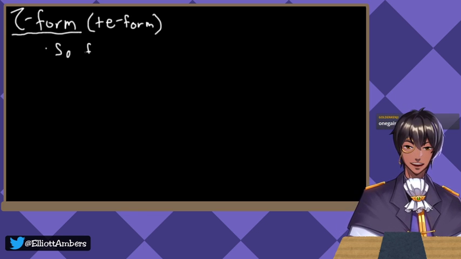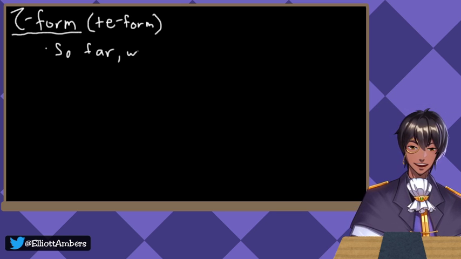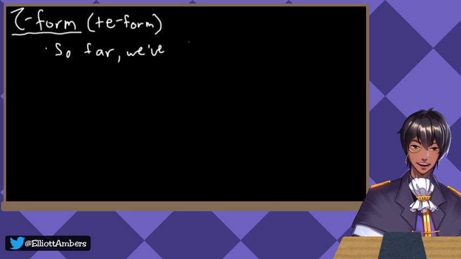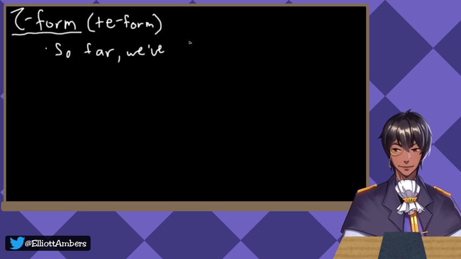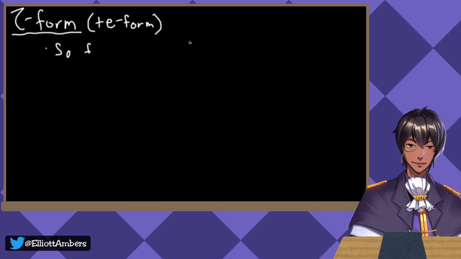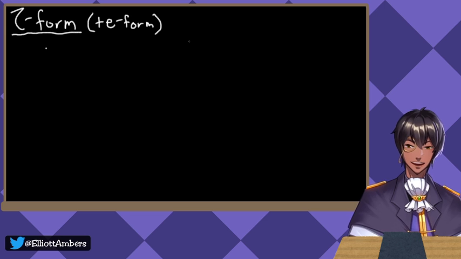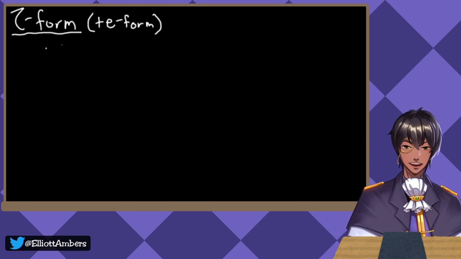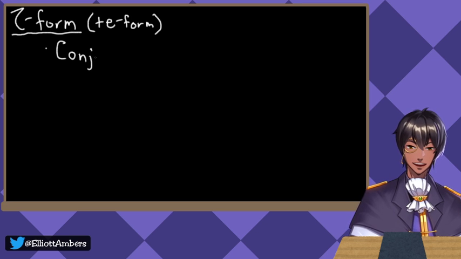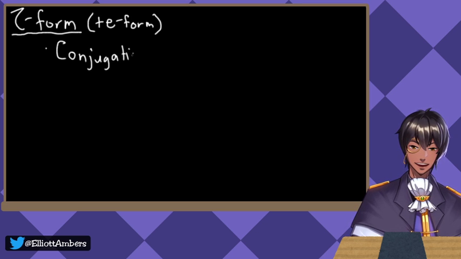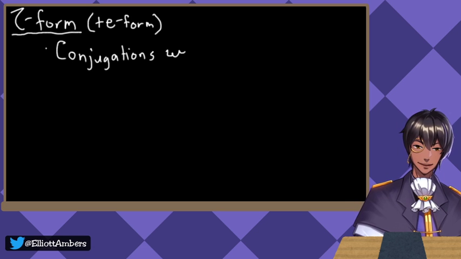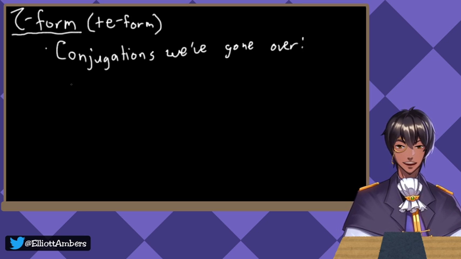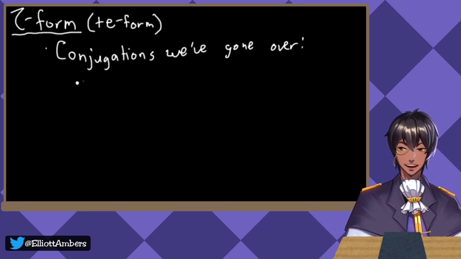So far, we've talked about conjugating. Actually, I'm not going to write out what I'm saying here. I'm just going to write down the important stuff. I don't know why I started writing out what I was saying. We've learned how to do different kinds of conjugations. So the conjugations we know so far, the most basic ones, are the present tense,